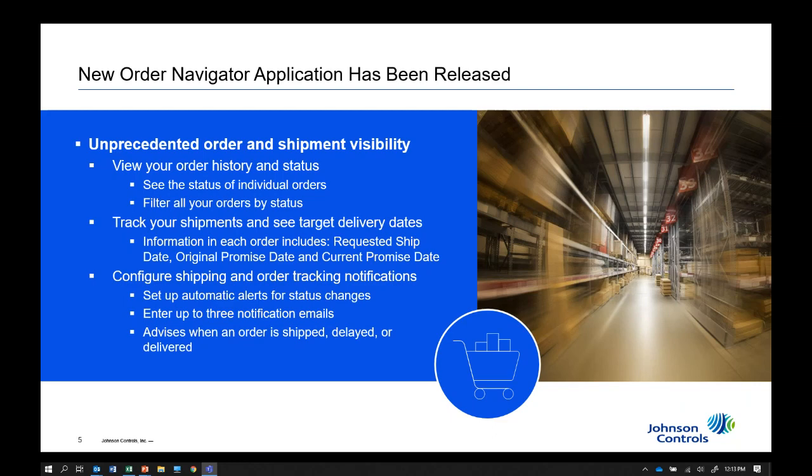So you can set yourself up to receive notifications when shipments are actually dispatched, if they get delayed in transit, and when they're delivered. And you can also get very granular and go down to each individual order, and you can add people on the fly. So for example, if you were shipping directly to a contractor, you could add the contractor or whoever the recipient may be, their email ID, just down to that one particular order. And again, you can advise those folks of when it's dispatched, when it's delayed, and when it's actually delivered. So it's very, very flexible.